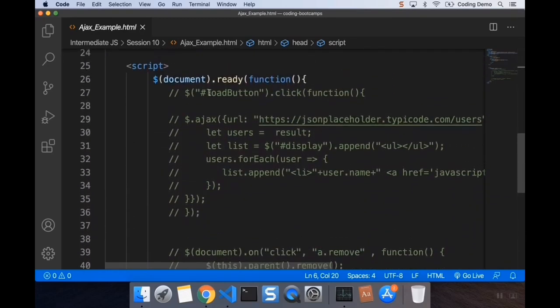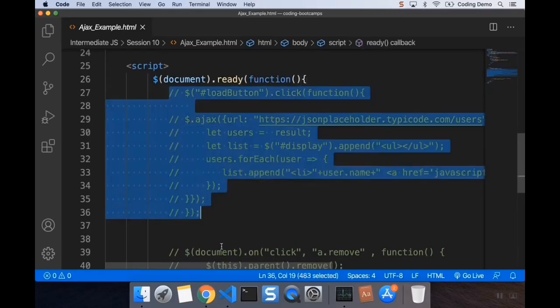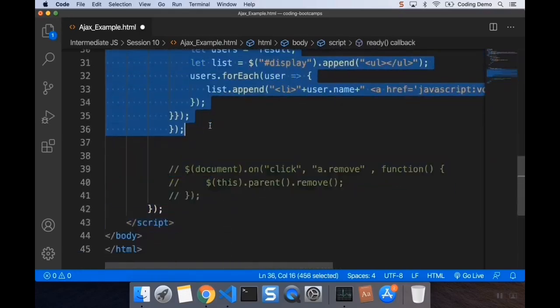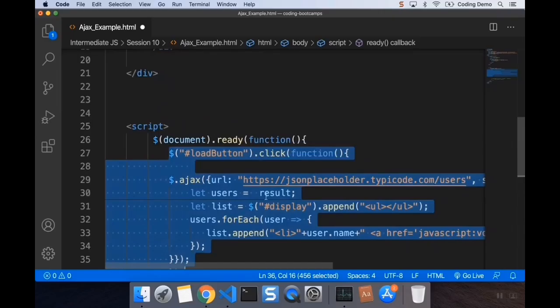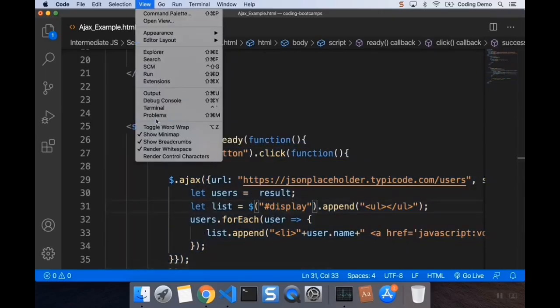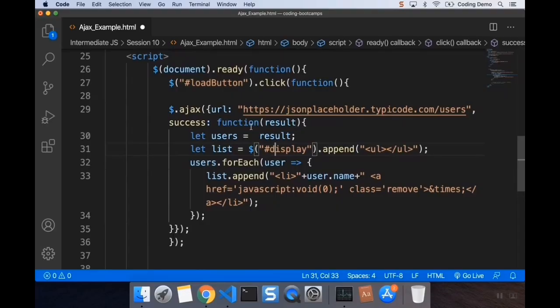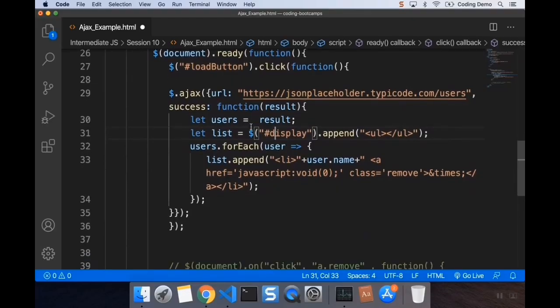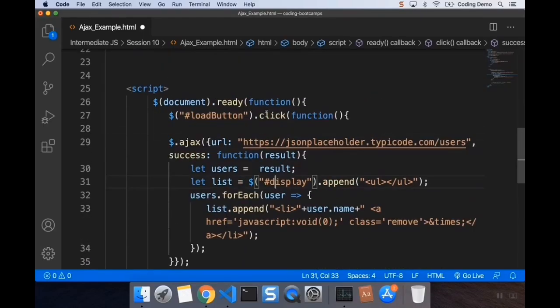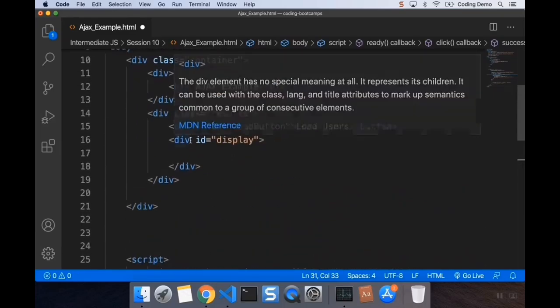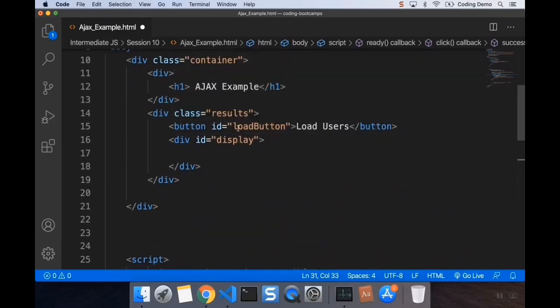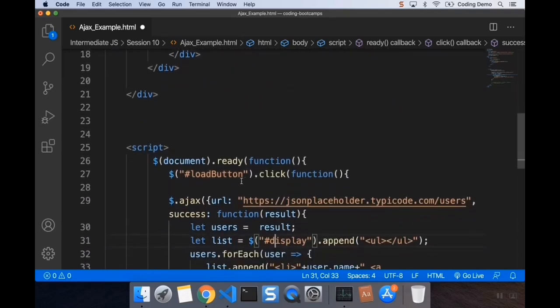Once the document is ready, we're capturing the click event. There is a button that we have created to load the users and then display them in this div. So once we click on this button,